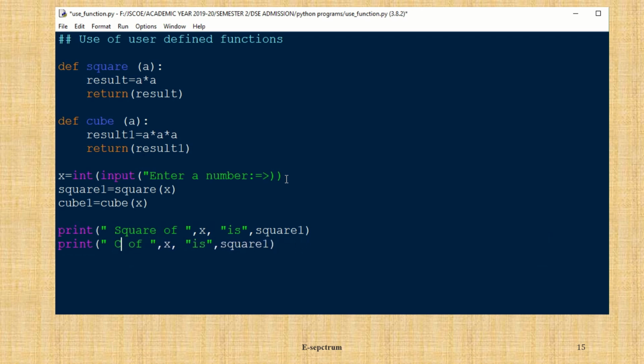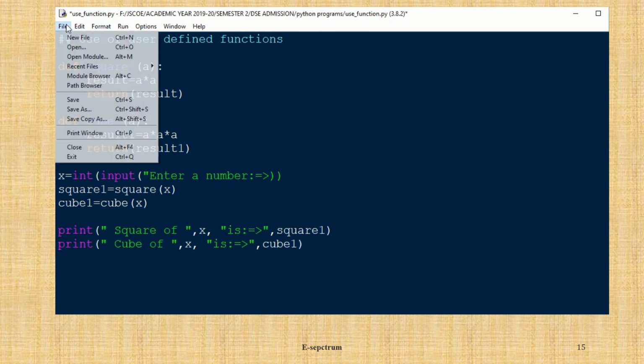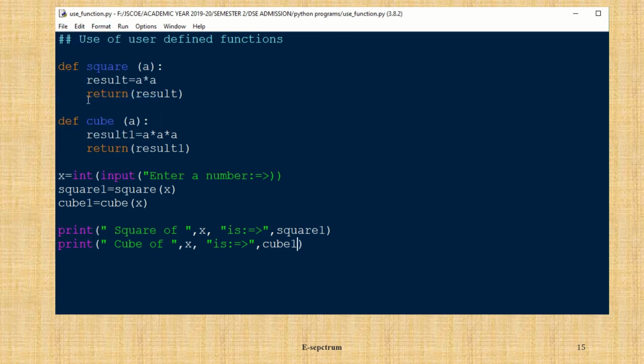So cube of x is, it is stored in cube 1. So let us save the program and run it and see what we get.